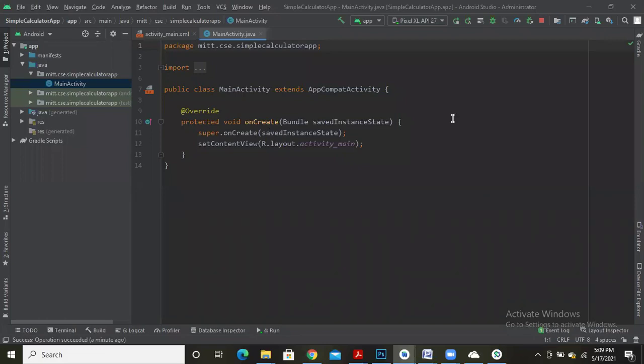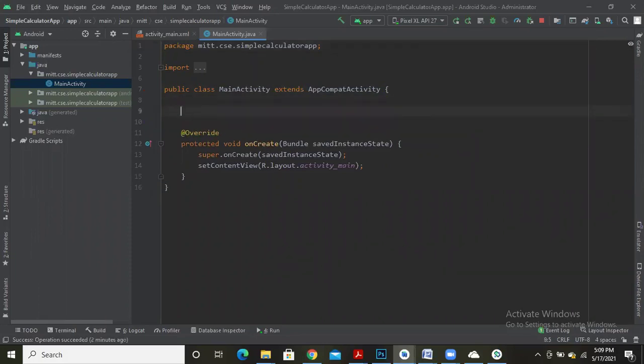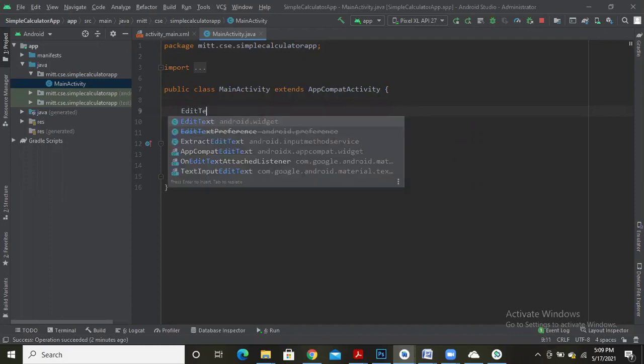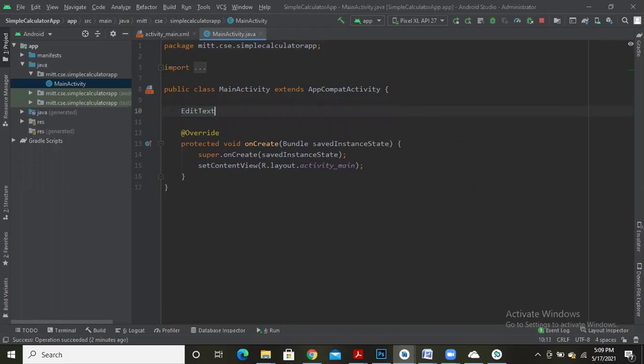So let me open MainActivity.java and declare an object of EditText. IntelliSense is going to give me the suggestion. Let me name it ED.